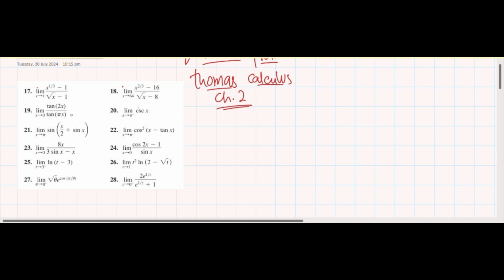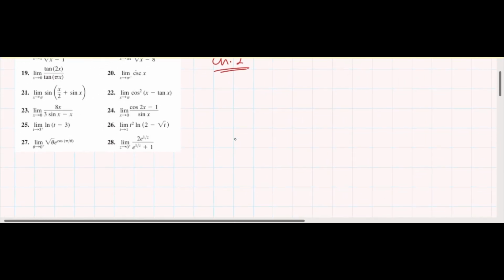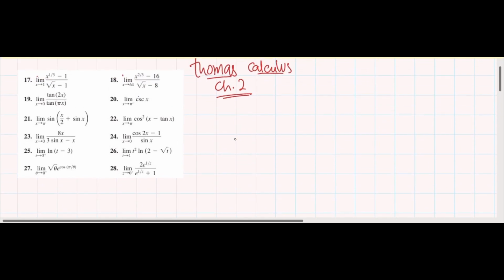So today I'm gonna solve the trigonometry related questions, question 20, question 21, question 22, question 23, question 24, and that's these six questions. Today we're gonna solve these six questions. So let's continue. Essentially, the trigonometry questions often just require you to